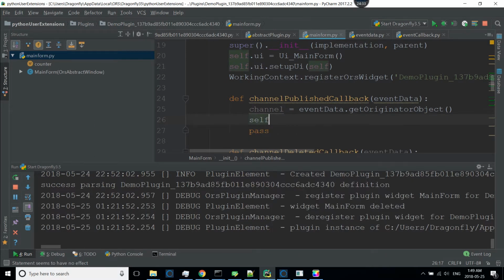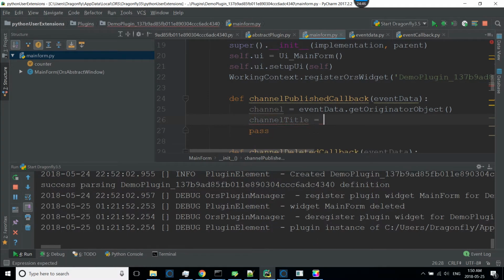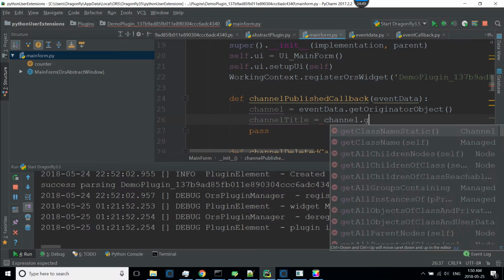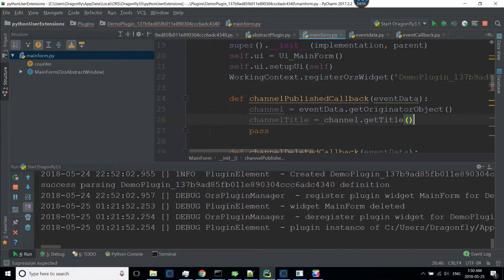And I can add it. So now that the channel's been published, or now that I have the channel object, I can get its title. So we can create a variable and call it channel get title. And finally, I can add it to my combo box. So here,